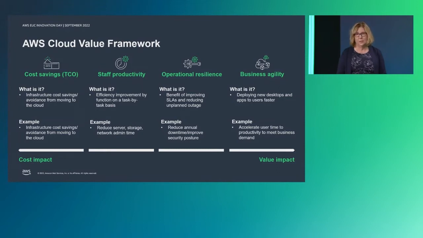Operational resilience is another key value pillar, achieved by enhanced availability, security, and less downtime as a result of the cloud. And the fourth pillar is business agility. This is about being able to deliver more in terms of new products, new geographic location expansions, or just more product features of your existing products. And in the context of end user computing, it's about being able to deploy new desktops and apps to users